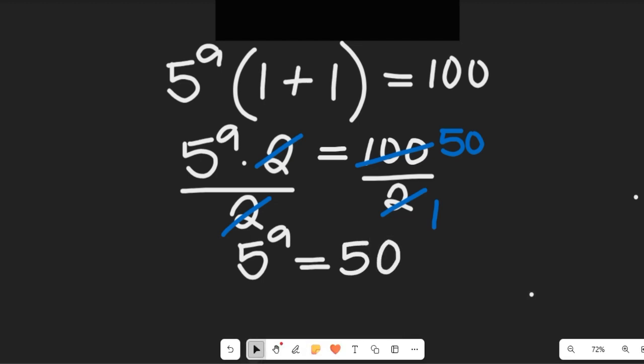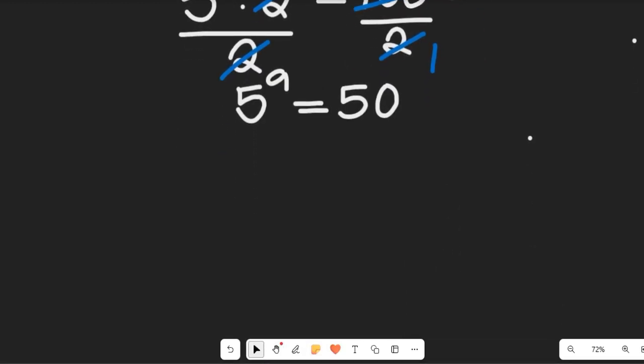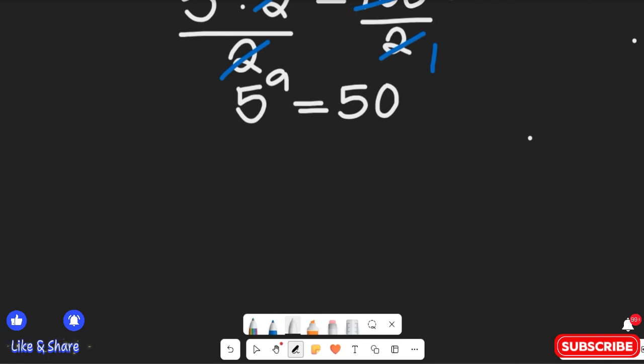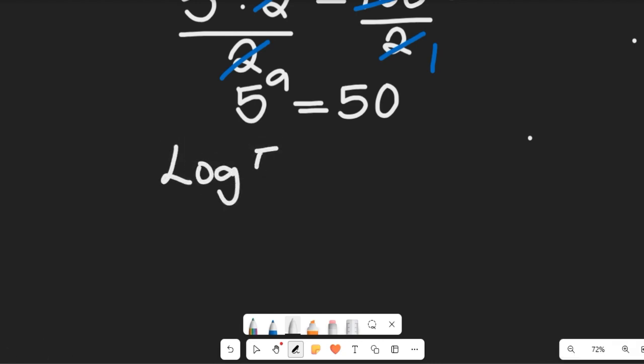So how well do you think we can solve this expression? Can we find a common term or a common base for these two expressions, 5 to the power of a and 50? Can 50 have a base of 5? No, it definitely cannot. So the best way to solve this question is the use of logarithm or the natural logarithm. So we'll take the log of 5 to the power of a